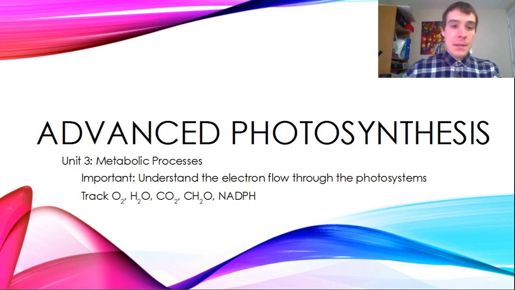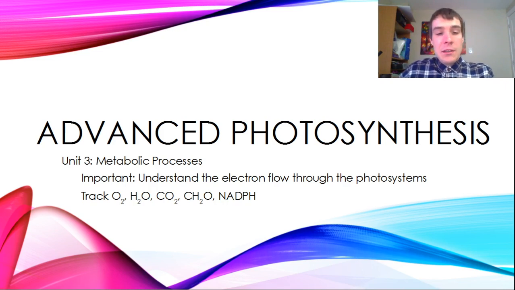Alright, SBI4U, this is video number 6. Here we're talking about advanced photosynthesis. The important thing is to start to understand the electron flow through these photosystems, because it's a lot like the mitochondrial electron flow, but it's a little bit different, and that's often a point of confusion